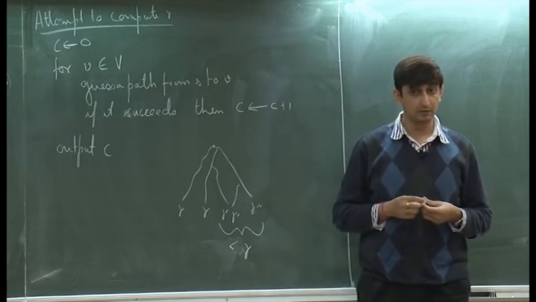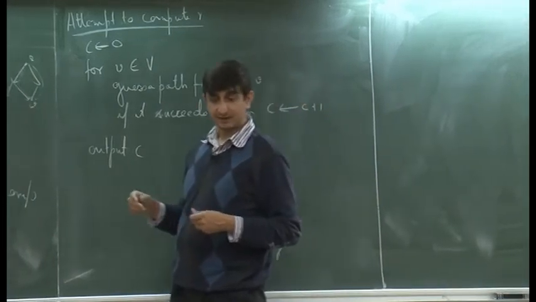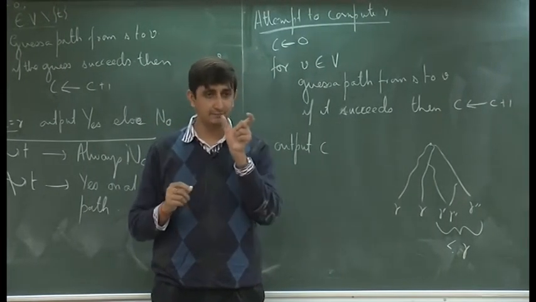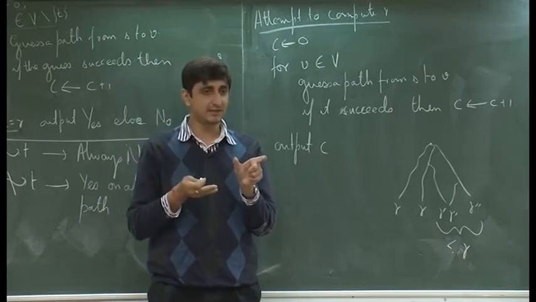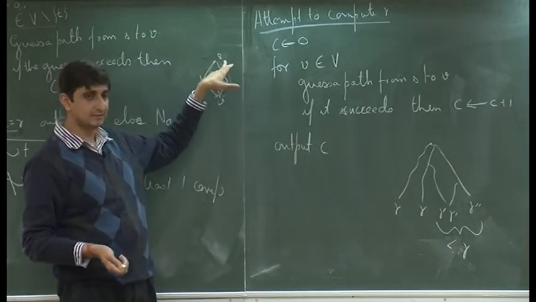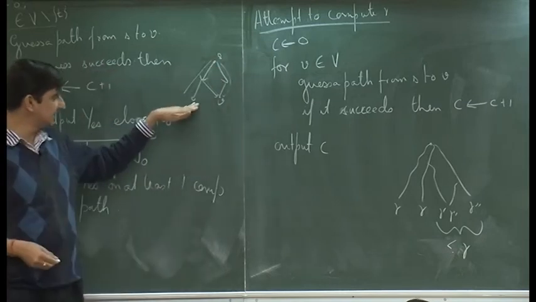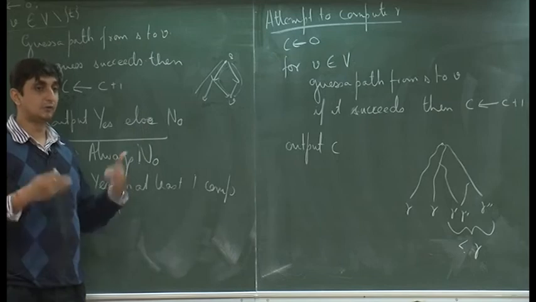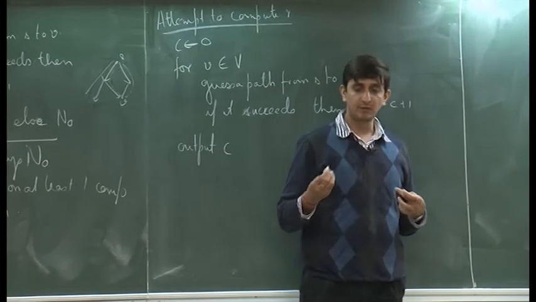How do we decide whether our output is correct or not? That is what I was saying when I answered his question, that you do not care. Suppose you have an instance x which belongs to a language, but there is a sequence of guesses which will lead you to a no. For example, here V is reachable from S, but there is a particular sequence of guesses which does lead you to a no. But the promise is on the global structure of the machine. Globally, it has the property that there is some computation path which leads to a yes.